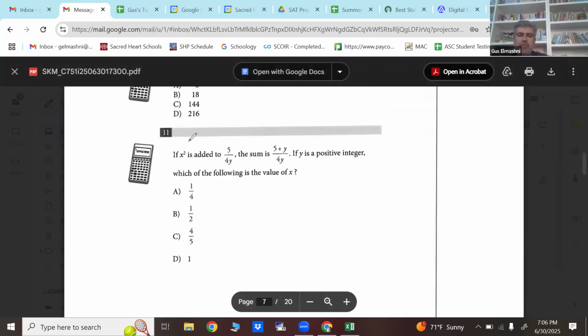Okay, for 11. If x squared is added to 5/4y, the sum is that, if y is a positive integer, which finds the value of x? Give me a sec here. Okay, let's make an equation here. So can you drop the denominator? X squared plus 5/4y equals